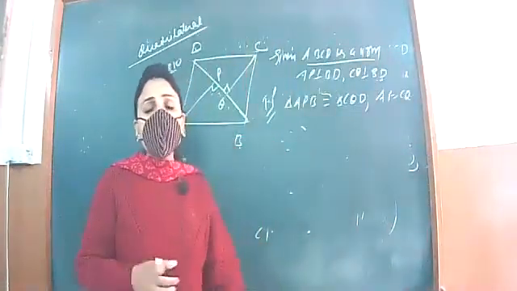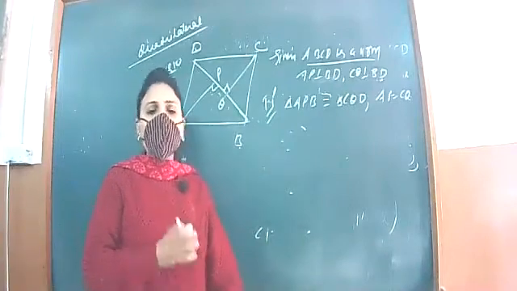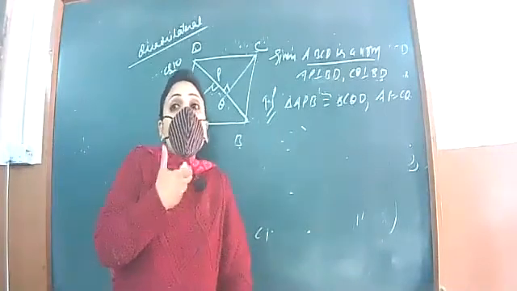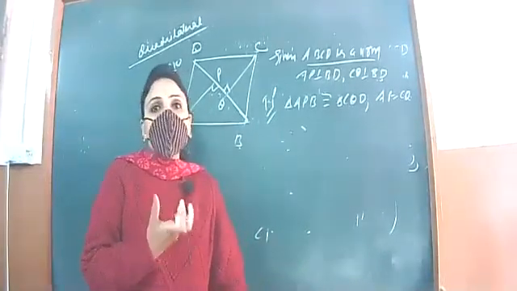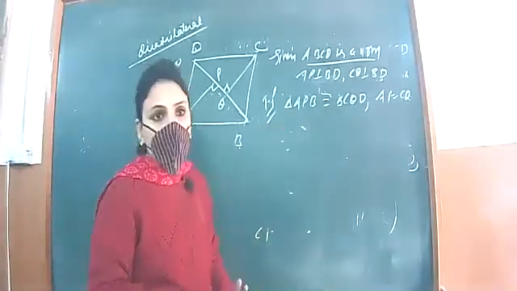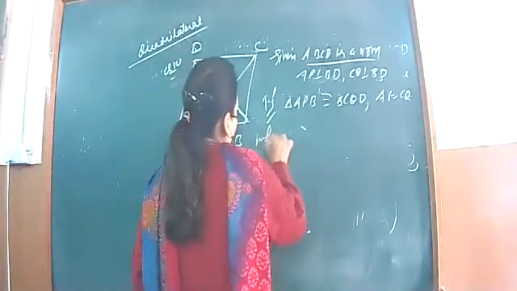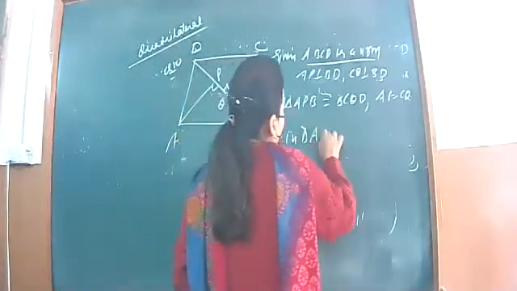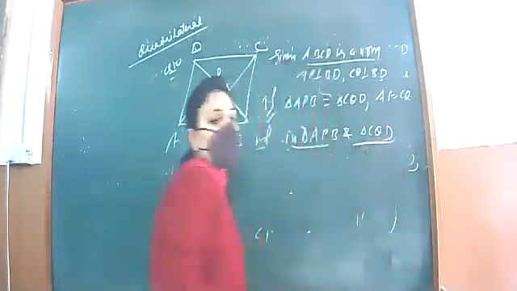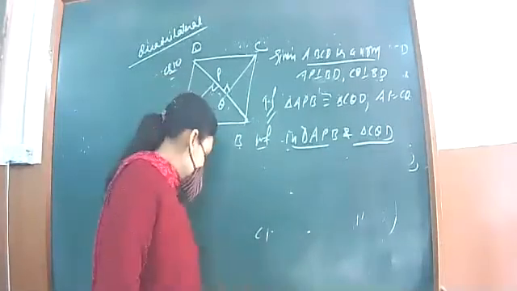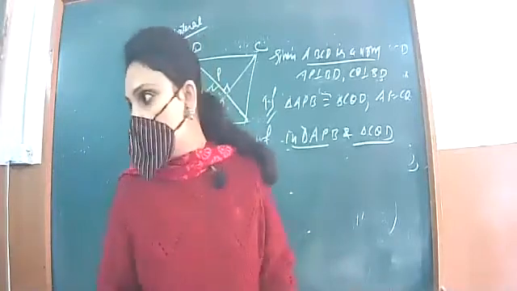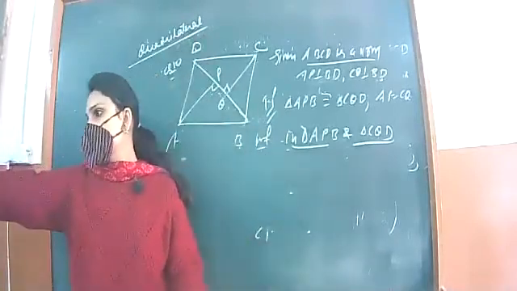The question in which he is directly asking you to prove the congruency is the easiest question, because in those questions you know earlier which triangles we are to suppose. As in this question we need to suppose triangle APB and triangle CQD. Let us start with the proof. In triangle APB and triangle CQD, let us see how we can prove the congruency. Would you please shift the top?